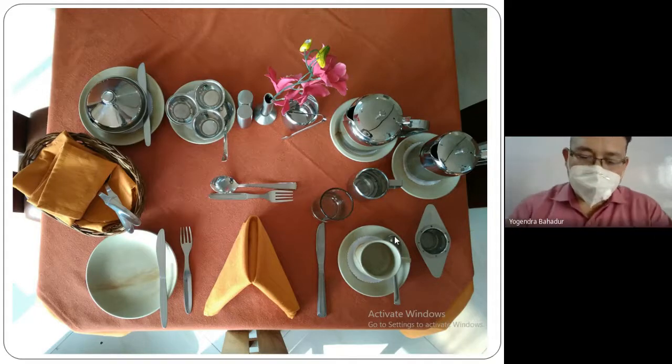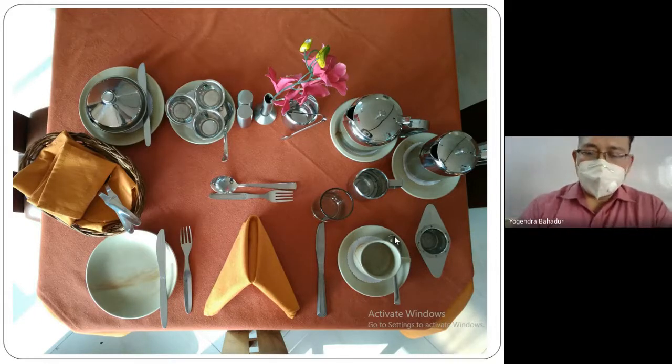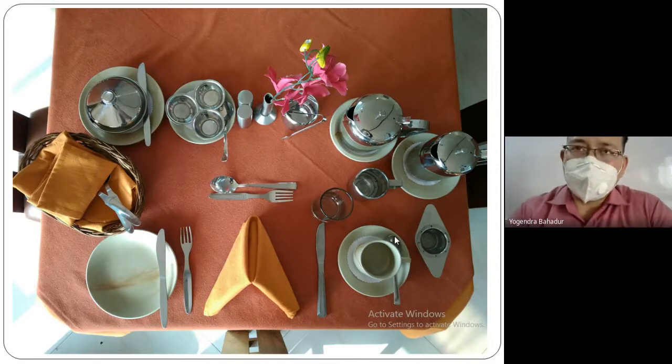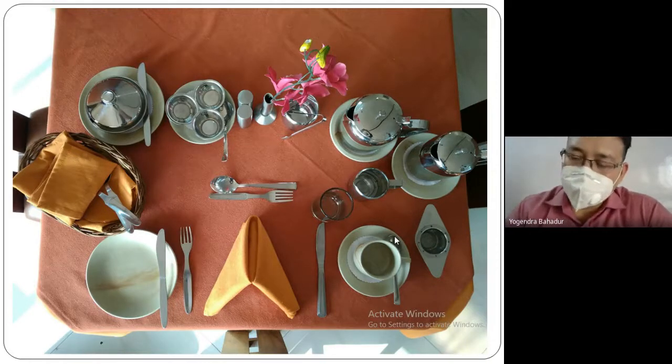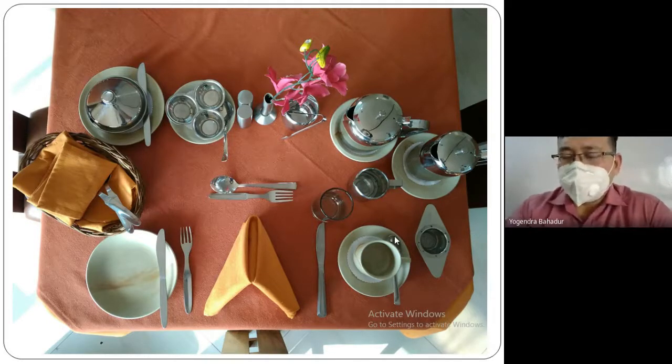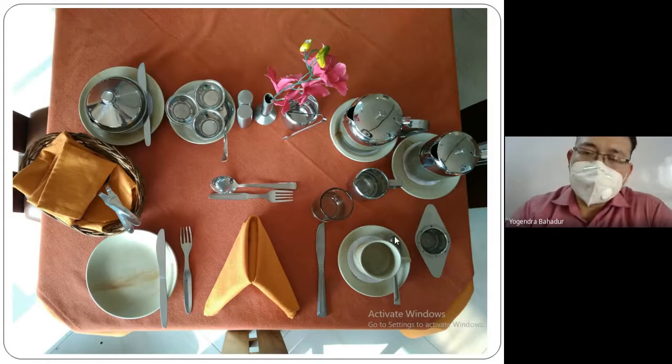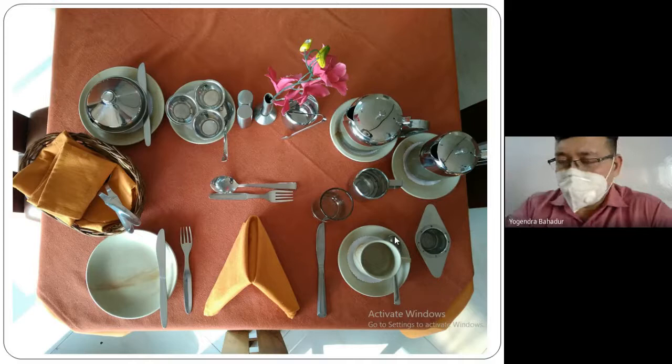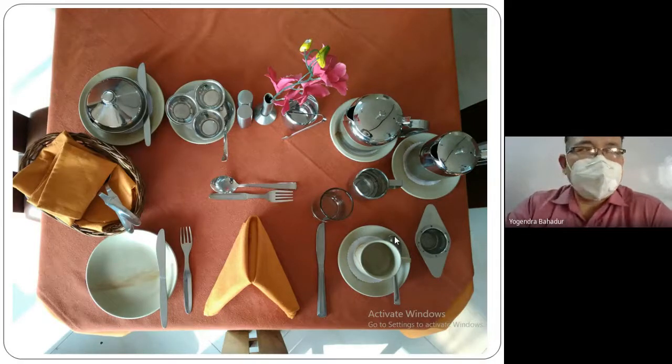Whenever we talk about the Indian breakfast cover, generally the Indians prefer to have all the things which are actually part of the American breakfast. So generally Indians also consume cornflakes. Some of the Indians also consume pancakes and waffles. There is one more thing that the Indians basically prefer. Generally, they don't prefer to have any sweet items in the morning time, so they prefer to have something spicy.